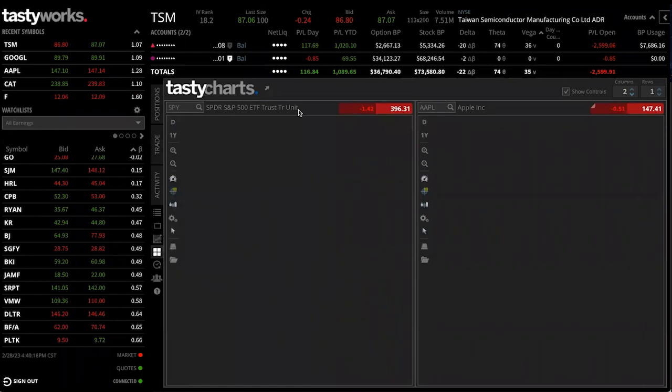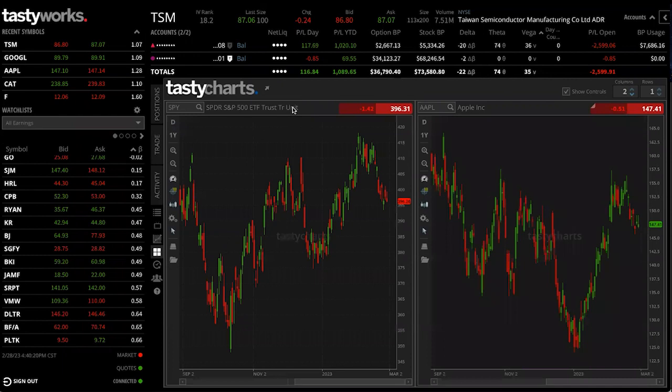This is where you can pull up several charts. Using multiple charts, yeah. And then while we're at it, I know a lot of people want a chart open while they're trading options. What you can do is pop out this Tasty Charts window. This is for folks with bigger monitors or multiple monitors. If you click on the Tasty Charts icon here, and then click on this arrow up here, you can detach the chart window and pull it up into a different window, and then you can have your trade table open